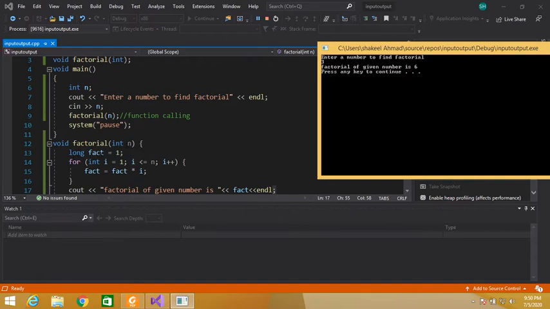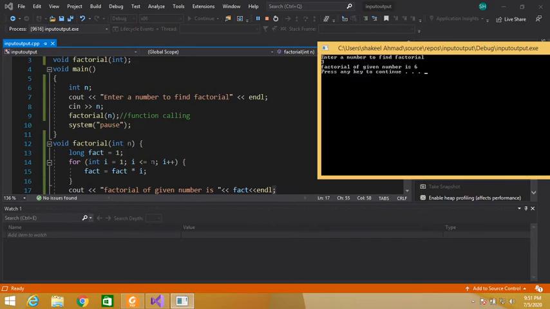So long fact is equal to 1, for int i is equal to 0, i is less than or equal to n, which contains 3, because we have passed the n variable containing 3. So this is known as pass by value. We have passed the value of n.